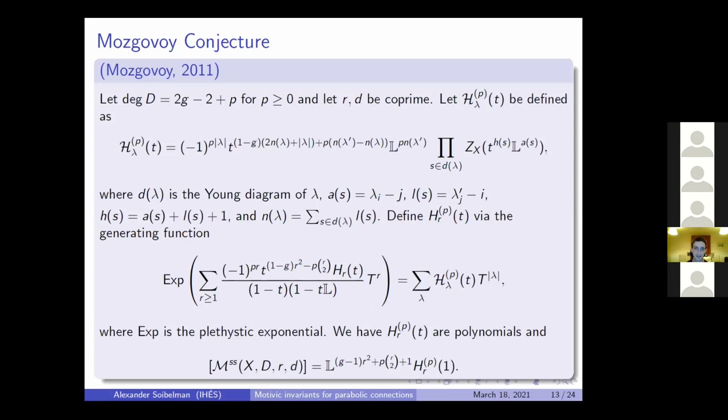So you could do this computation, or you can get these motivic classes from this formula, again, just by plugging in t equals 1, and then multiplying by L to the power of 1/2 the dimension of the moduli space, which is what you get here at the bottom. And so